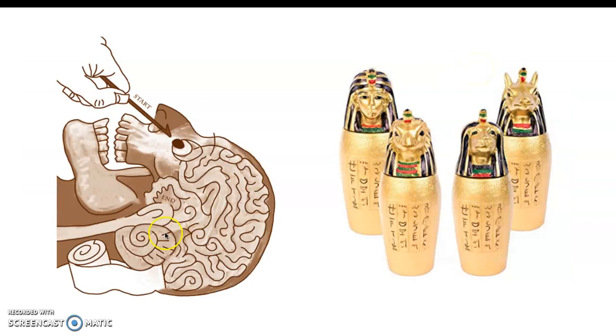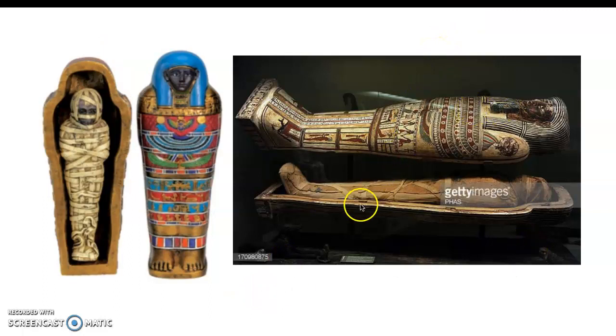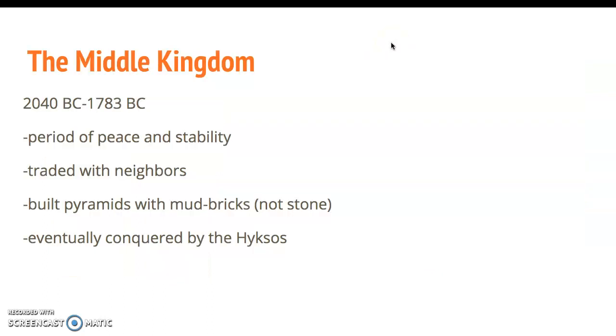Oh, this is a fun one. Yes, it's actually a maze, but it's a cool picture. So they would break off this little piece of your nose. They could reach in here with a hook and pull your brain out, which was discarded because it was not considered important. And then a close-up of some of the canopic jars. There you go. So you got the sarcophagus, and then you see the wooden kind of lining in it, and then you have the linen-wrapped mummy itself.